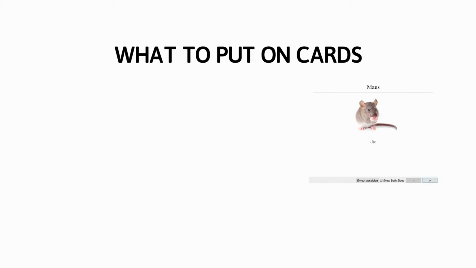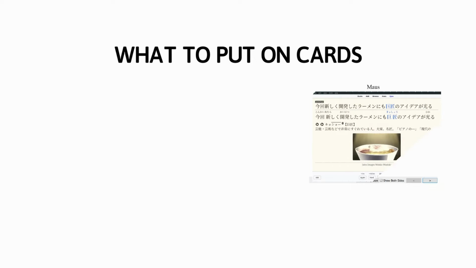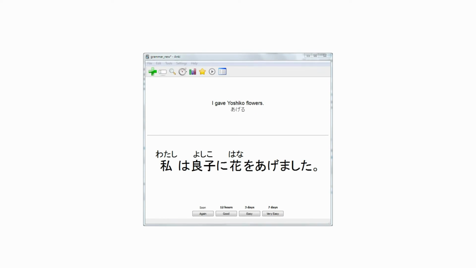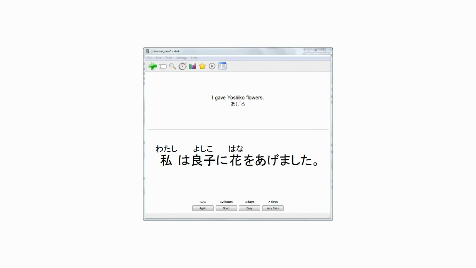So what should I put on my card? Even at the stage where you leveled up from vocabulary word cards to sentence mining, you still want to get very simple. Just put the text of the sentence on the front of the card, and on the back, put the definition of the target word. The word that you're targeting is the word that you don't know. There should be only one unknown word in the sentence to keep your sentence as a coat, a blanket, as